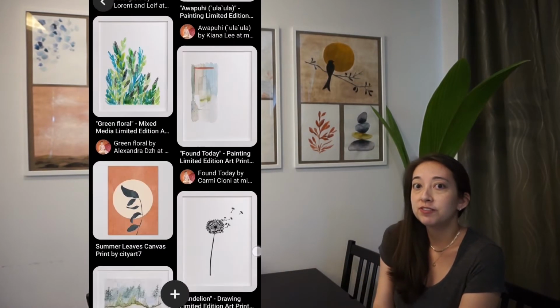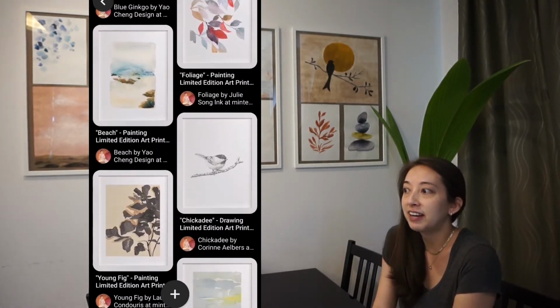And then I recently started liking the look of gallery walls. But I didn't want to have to go and buy all new frames because these ones were perfectly good. So I decided to mimic the look and feel of a gallery wall by putting multiple pieces of artwork within each frame. So the first thing that I did was I looked on Pinterest for artwork that I thought was